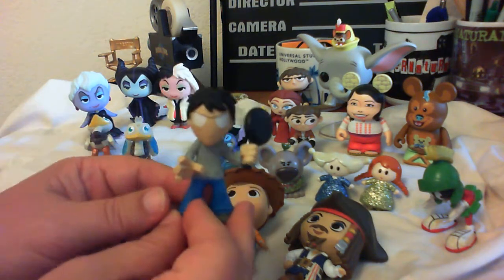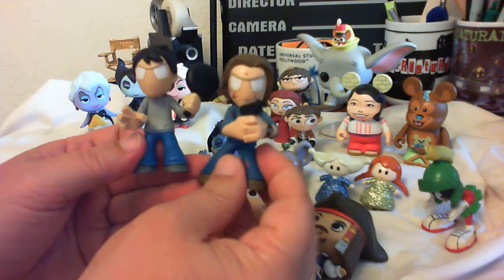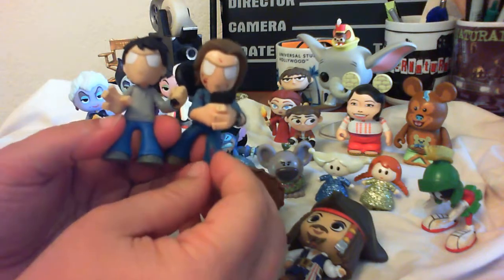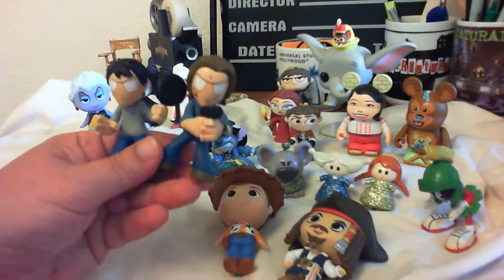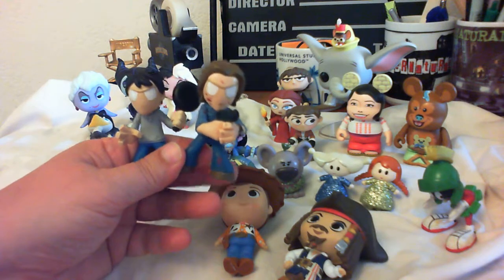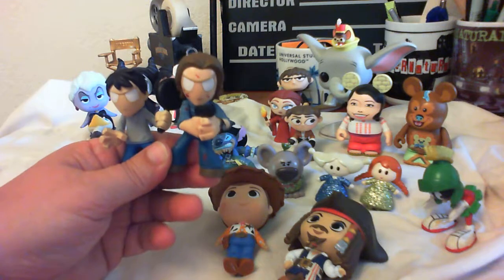These are Supernatural Mystery Minis. This is Kevin, and this is Sam, but he's not just any Sam. This is Bloody Sam. My Michael's store has started carrying blind boxes. What's amazing about that is it's one of the few places that regularly puts out coupons, which means you can get 50 or 40% off a blind box,